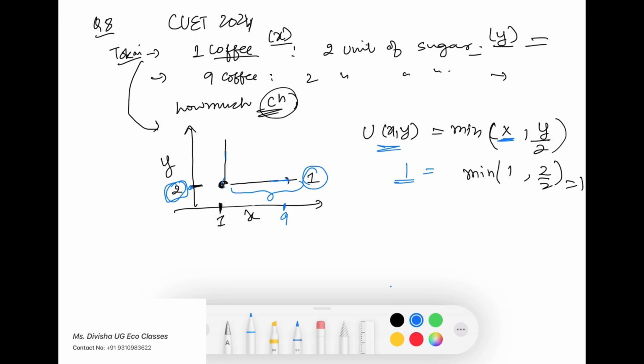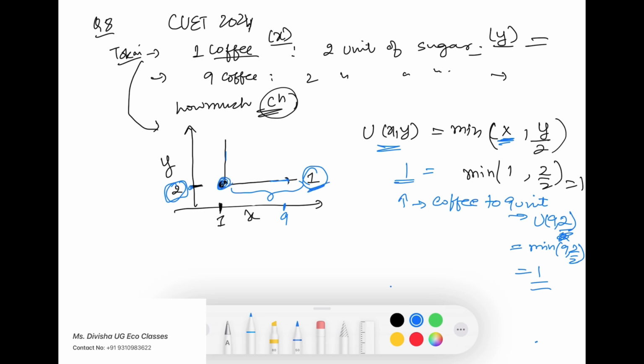And therefore even if he increases consumption of coffee to 9 unit, he will still get utility of 1, utility from 9 comma 2 unit of good Y, given you represent it like this, right? So I would rather write utility of x comma y equals to minimum of 9 comma 2 by 2. It will give me utility of 1, and therefore the consumer here will choose to consume only 1